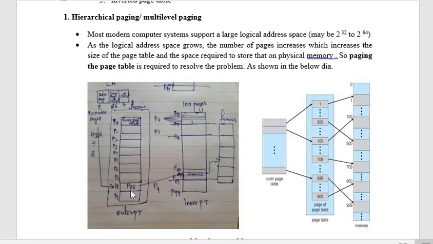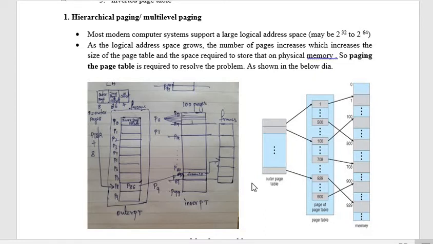Within that, it would have the index for P86. Then go to that particular page and get the frame number. So this helps us load only P8 from the outer page, then only P86, and then you look into one particular frame on the main memory. We'll see exactly how the table size can be reduced.